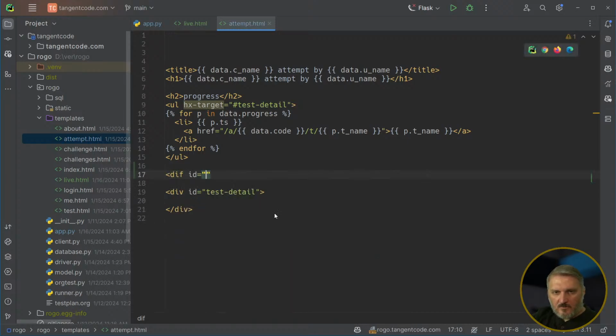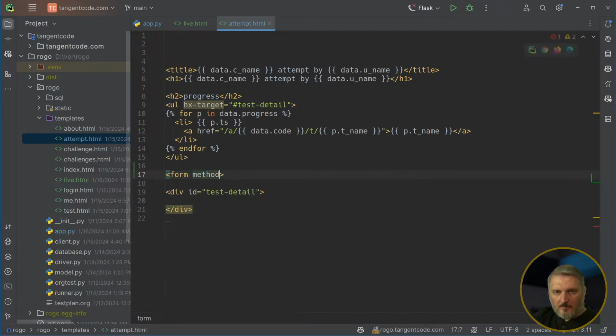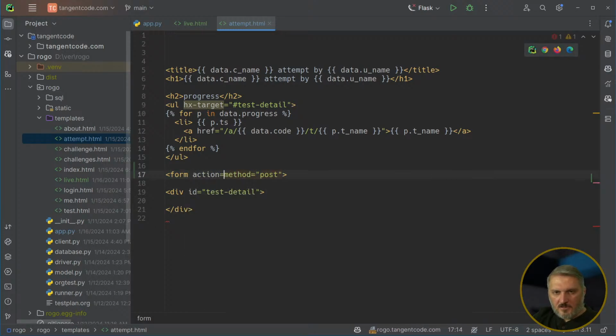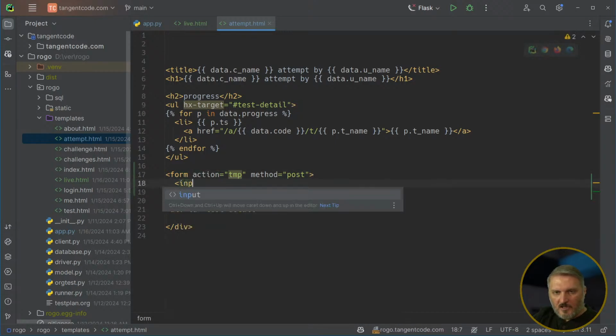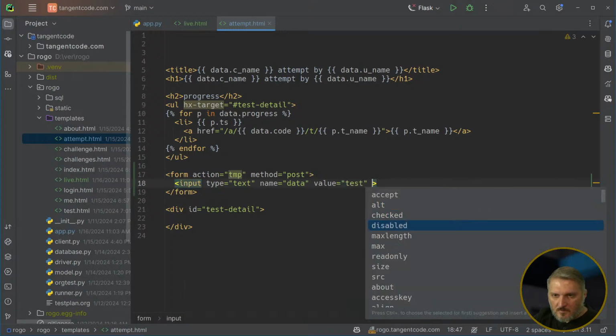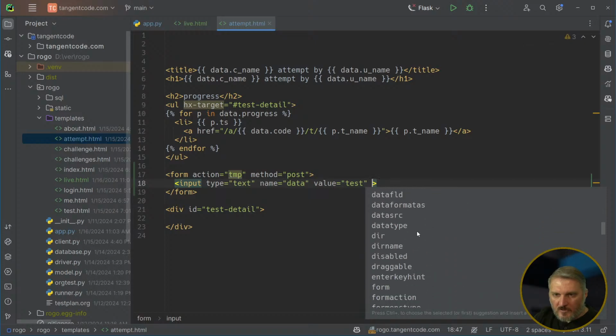Form method equals post, action equals temp, method equals post, and then close form, and then inside the form we're going to have input type equals text, name equals data, value equals empty, and then what's the name of the